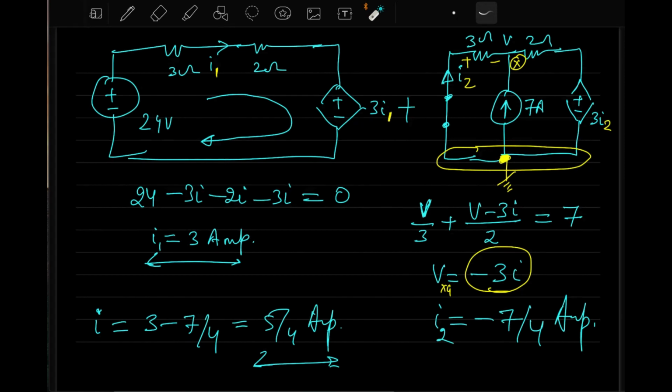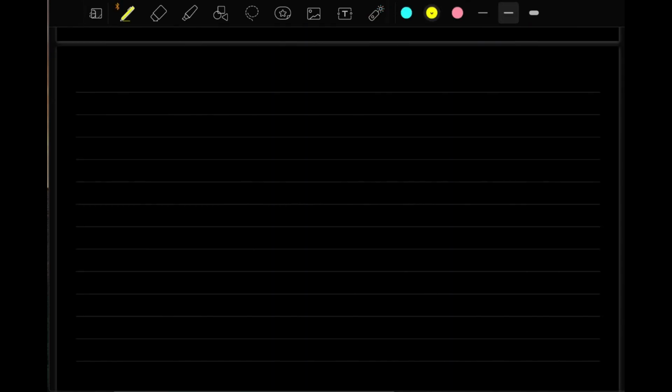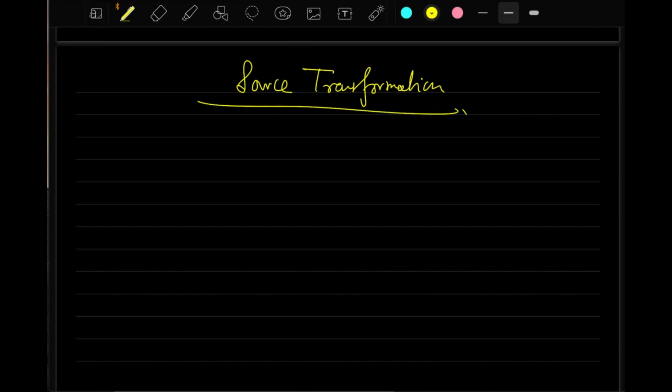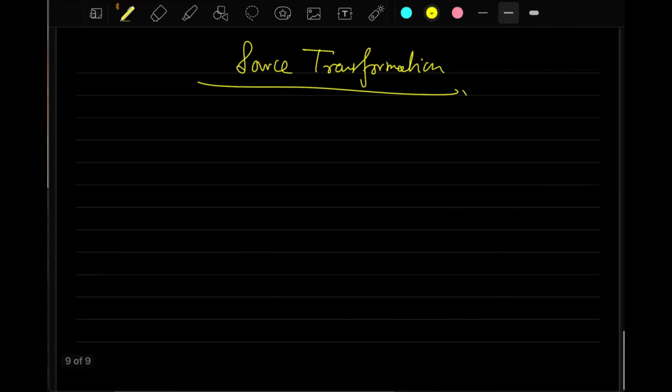Okay, so we'll have another topic today for discussion. It's source transformation. Source transformation is another technique of solving circuits, and let us see what this is. First of all, I want to cross-check whether you are comfortable with these types of